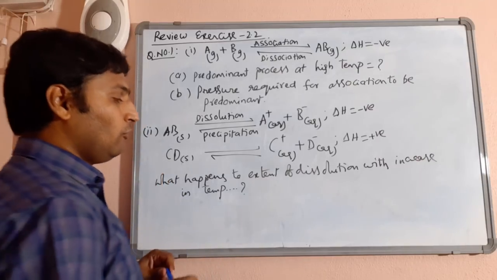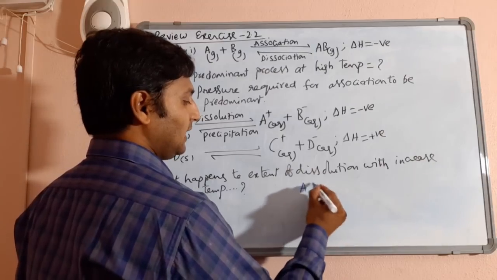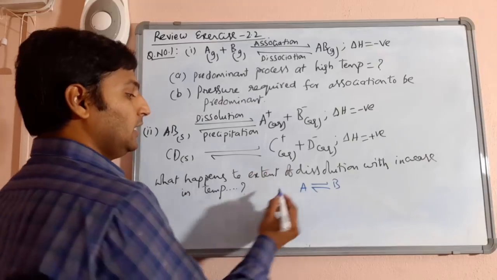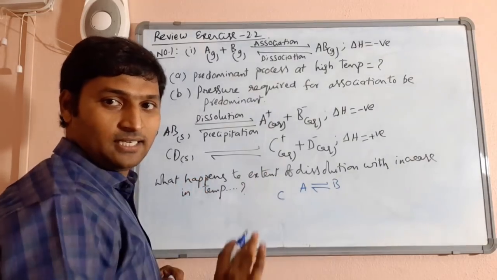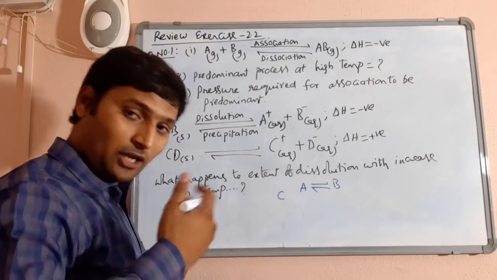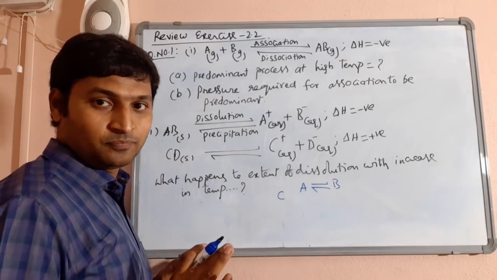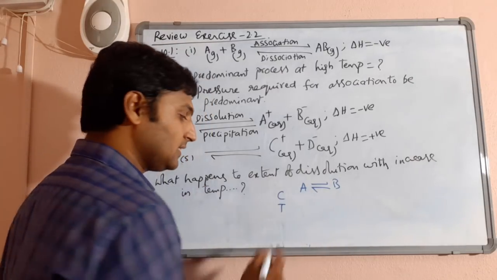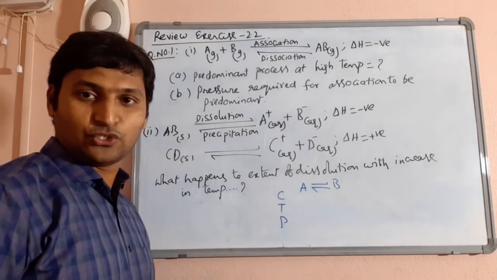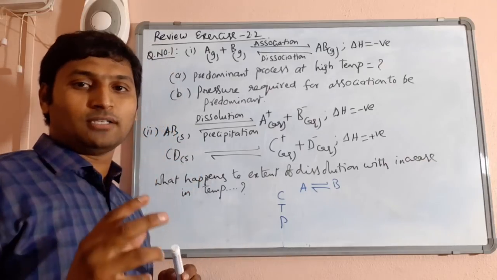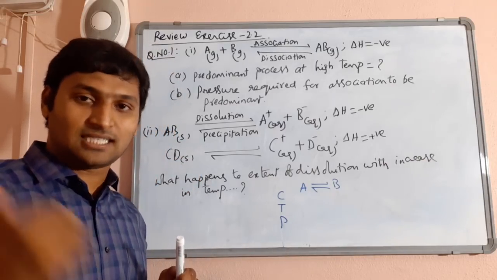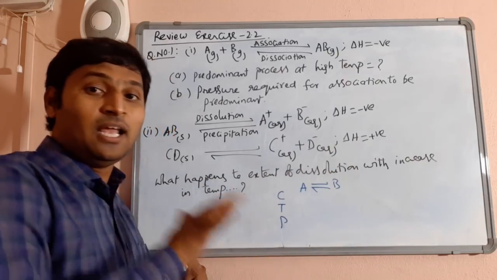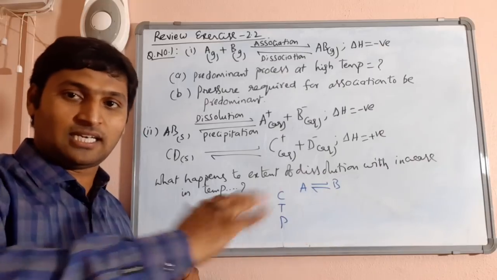See, when a process A in equilibrium with B reaches equilibrium, the concentrations remain constant, which means the process is dynamic, but progress is static. Concentration will not increase or decrease, temperature will not increase or decrease, pressure will not increase or decrease. So once a reversible process reaches equilibrium, the concentrations of both reactants and products, temperature, and pressure, everything continues to be the same, constant with time.